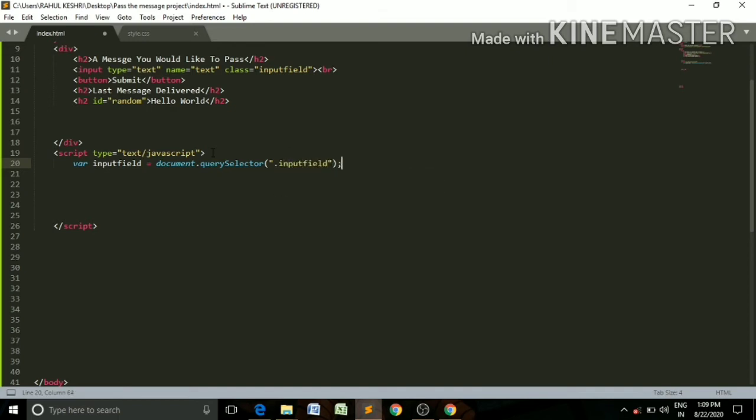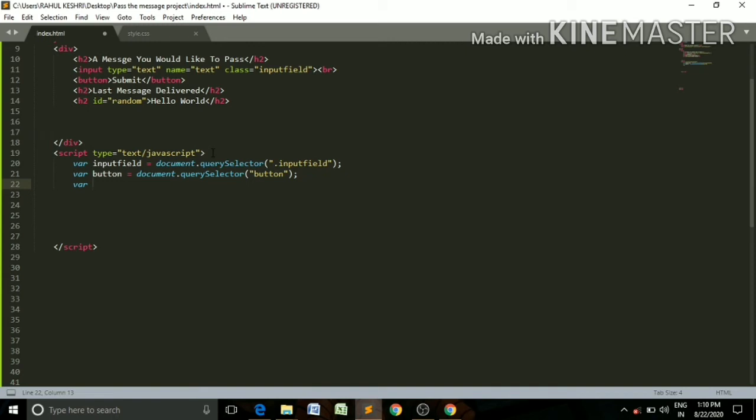Now variable button: document.querySelector button.